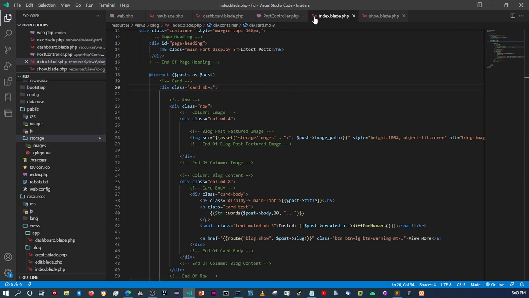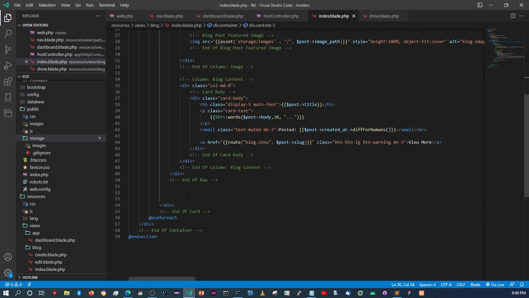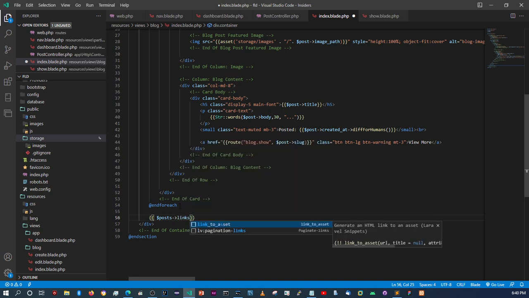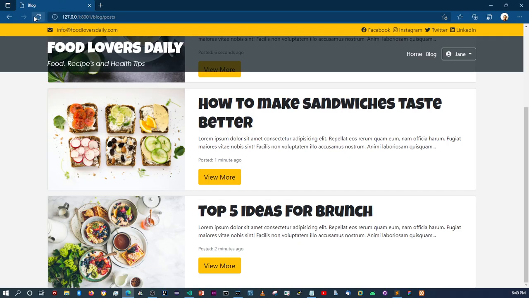So to do that, I'm gonna go right after the card here next to the foreach loops. So for that, we need to say posts, not post, posts, right? And then you're gonna say, I believe it's links, if I'm not mistaken, right? So now if I come back here, if I refresh,